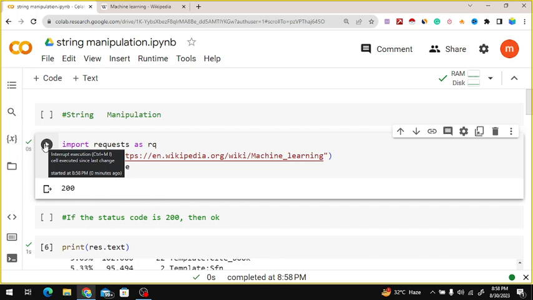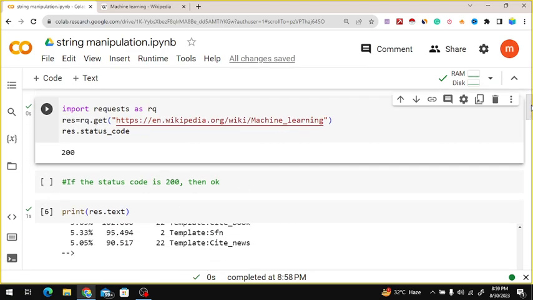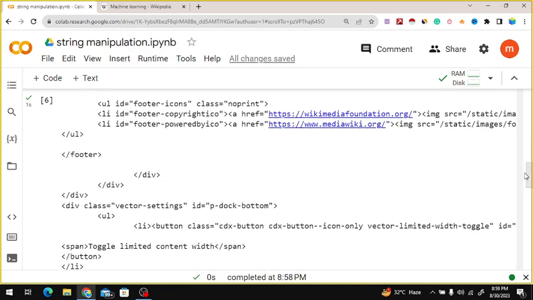This section is the introduction to data acquisition, web crawling techniques, and going beyond the basics. Another way is to print it, so we can see all this text here.